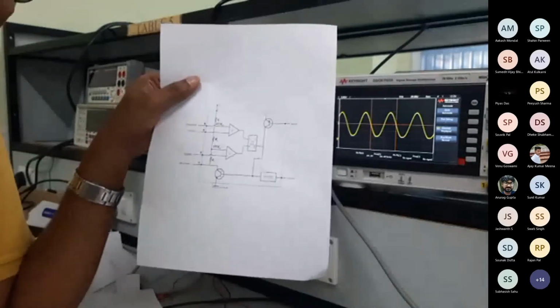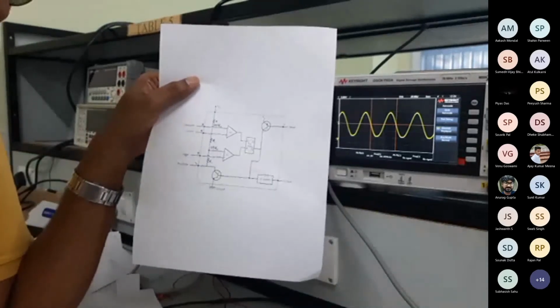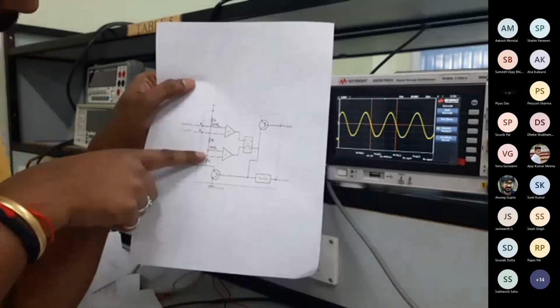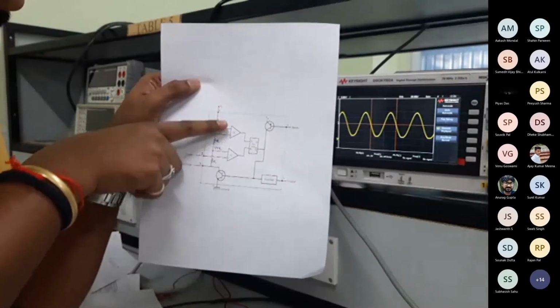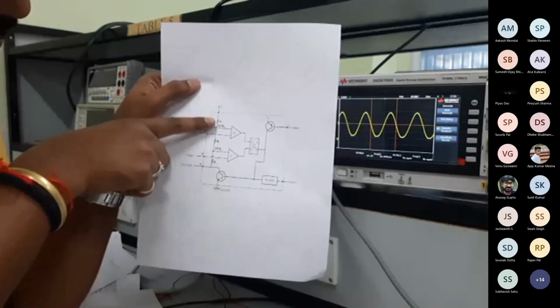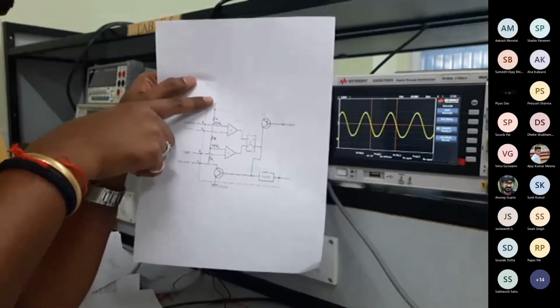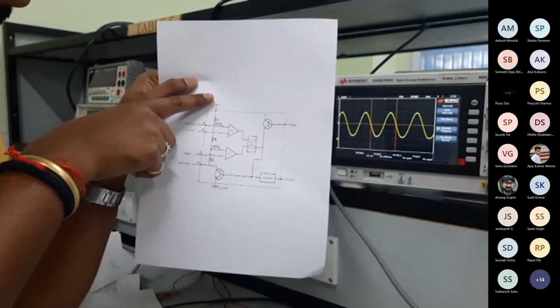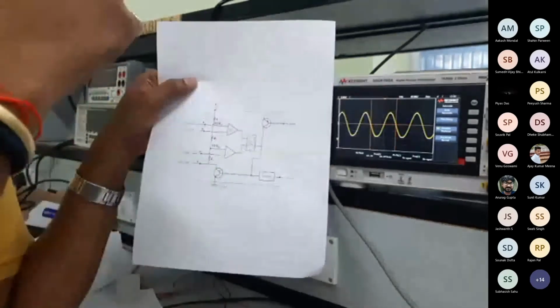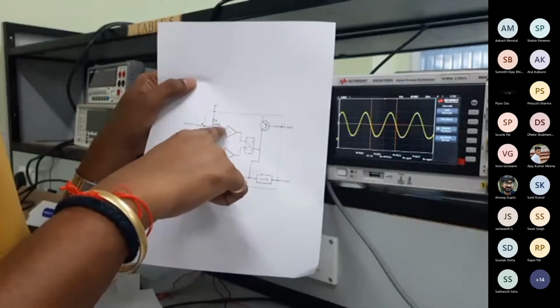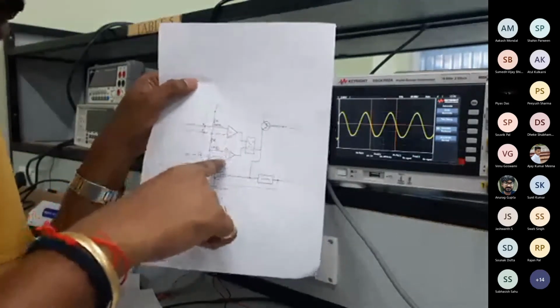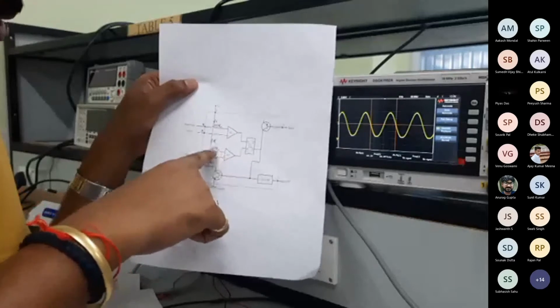And why is this IC called the 555 IC? Because there are 3 resistors, R, R, R. These two comparators are somehow coupled through these 3 resistors. Here VCC, the power supply, is given, and a fixed reference voltage. The upper comparator is given a 2 by 3rd VCC voltage reference. The lower comparator's reference voltage is 1 by 3rd.